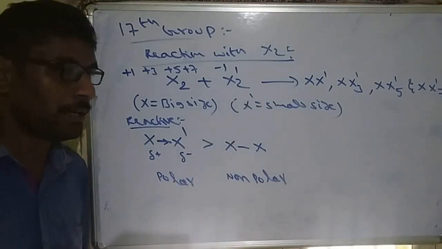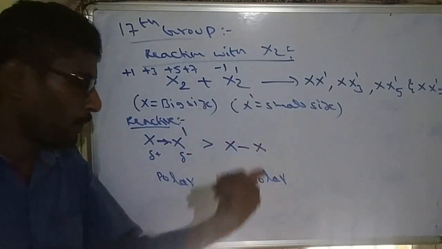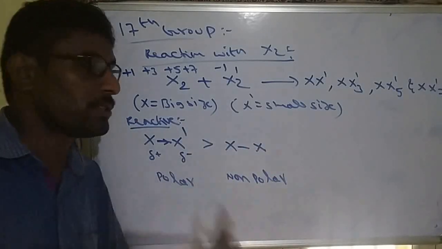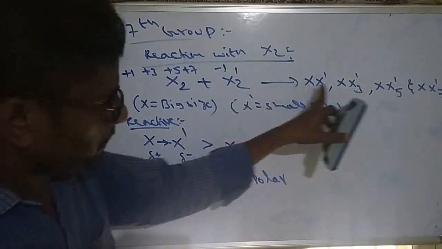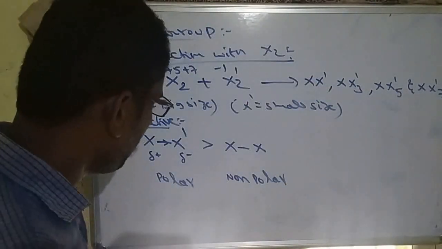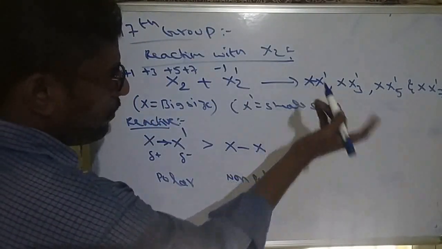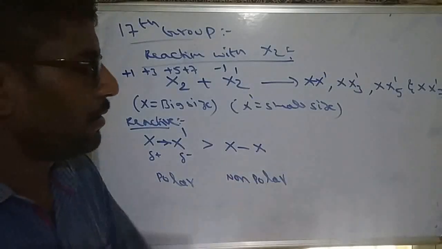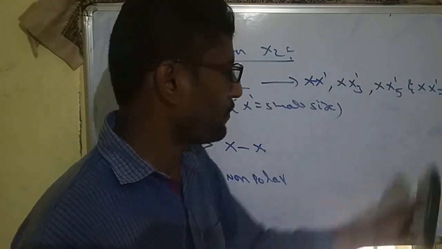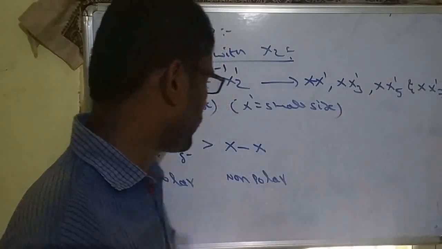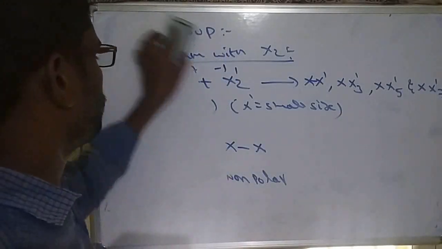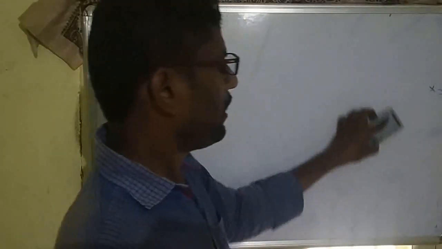This is most important. Why are interhalogens more reactive than halogens? Due to their polar nature. There are 4 types of interhalogen. XX', so only one bond is there, and that is always linear. So we have to calculate the shapes of XX3', XX5', XX7'. We can use hybridization. I think you all know hybridization.